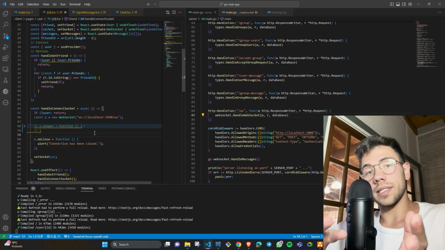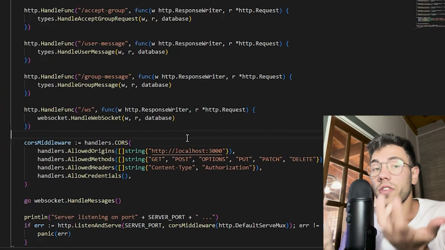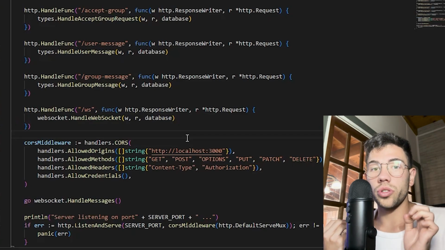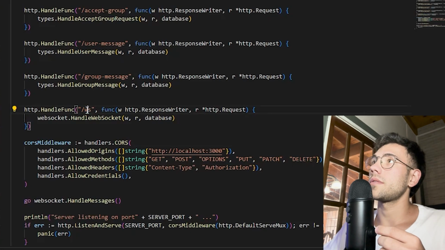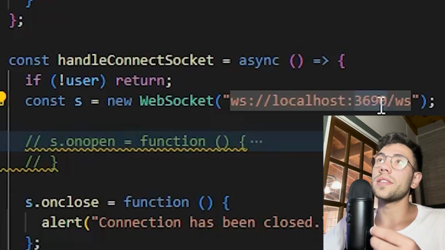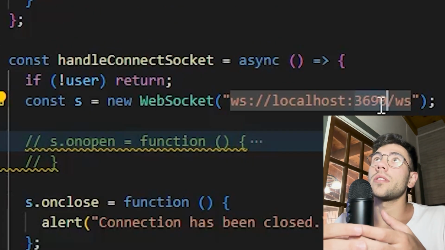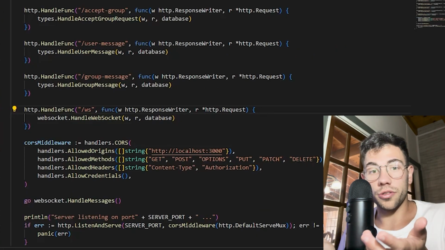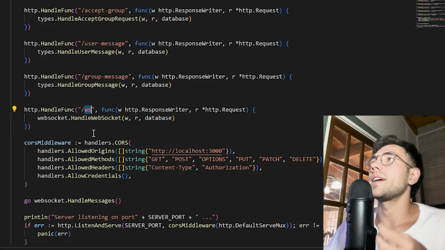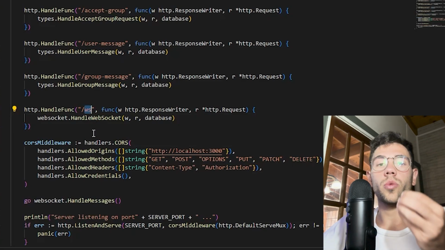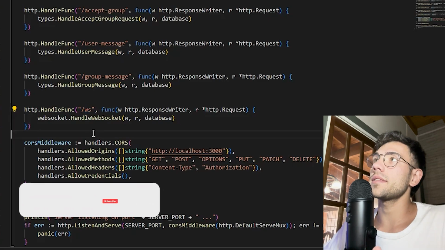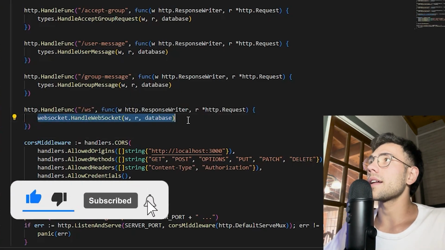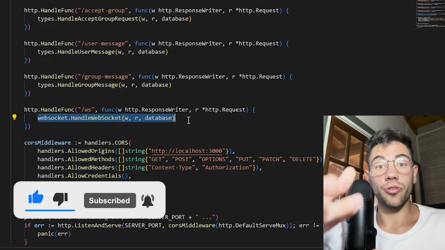Now, on the server side, in this case Go, we have to define a specific endpoint for the WebSocket. And this endpoint on the server has to match the endpoint that we put here on the client side. They have to be the same. The client has to call this endpoint. The server has to have a dedicated endpoint to open WebSockets with clients. In this case, for this server it will be /ws, and we'll have a handler to make that upgrade of